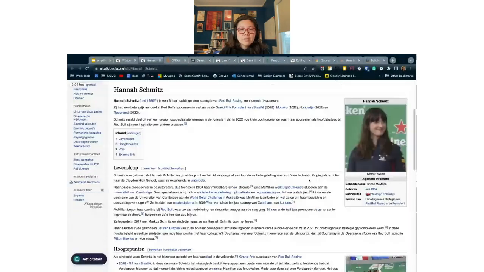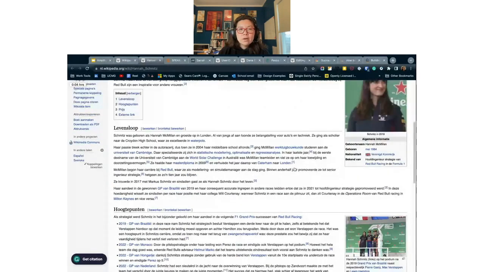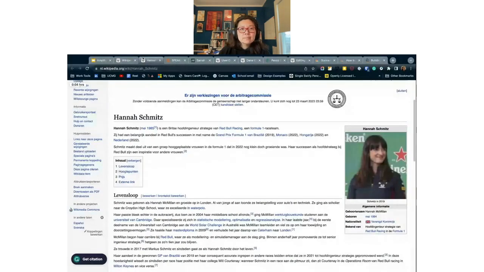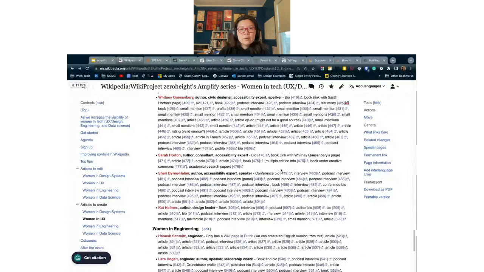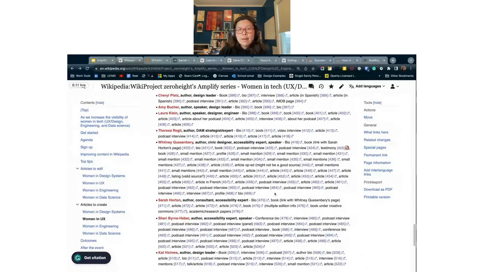So this is her page in Dutch, and one of the things is it's easy to copy this, translate it in Google Translate, and then transfer it over to an English version to give her more prominence. And I did a lot of Google searching and put a lot of references in so you don't have to. I try to mark where there are small mentions, or if it's a full article about the person, or if it's a podcast. Not asking you to listen to the entire podcast interview, but you are welcome to if you want. Probably lots of good information.